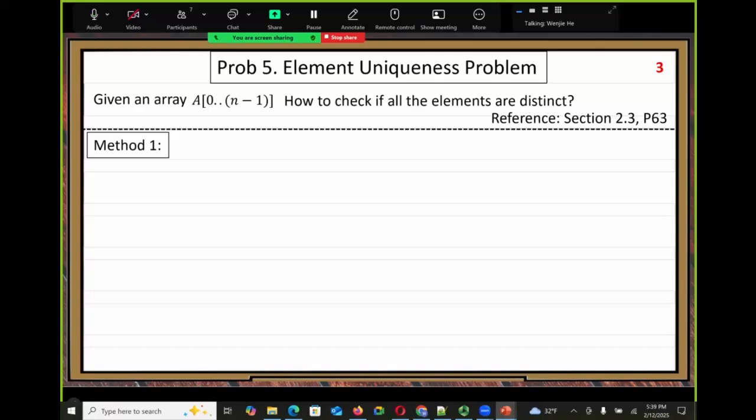All right. The question: how to check if all the elements are distinct. Last time, near the end of class, I talked about a commonly used problem solving method. Let me repeat the last few sentences I talked about before the end of the class. So in problem solving, we know to solve a computing problem